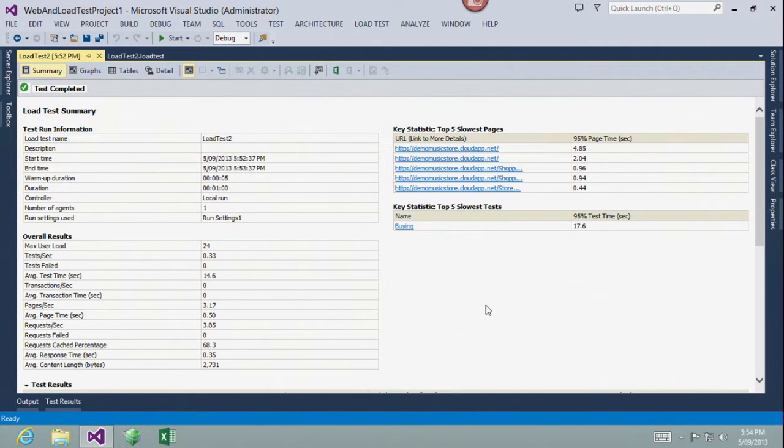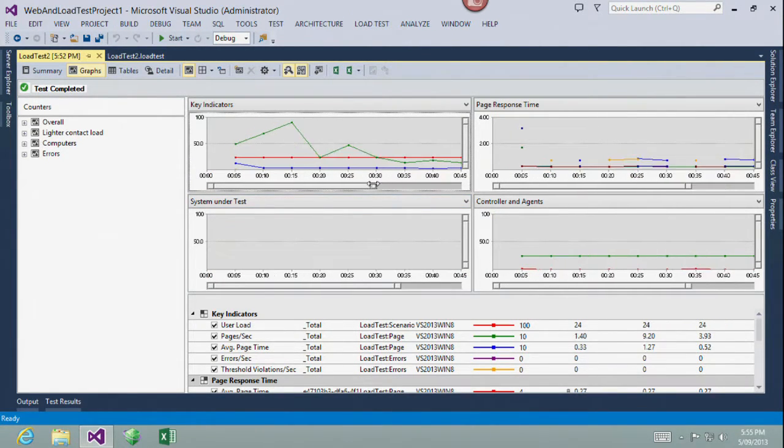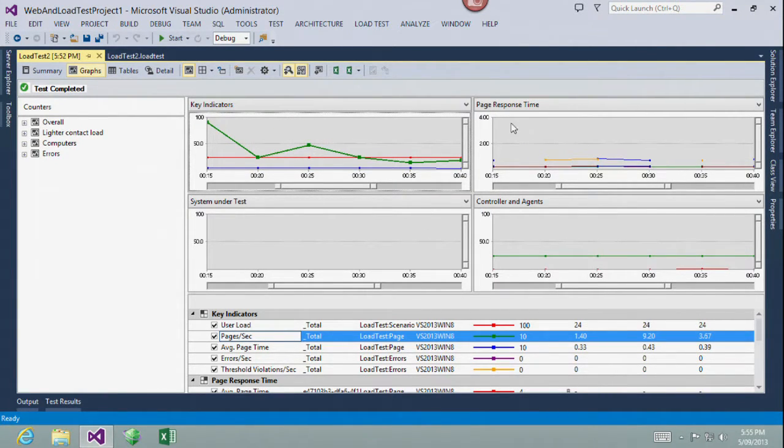Okay, so it's gone and done this collection of information for us. It can identify our fastest, our slowest pages. It can give us a hit list of where we need to go and look at improving. There's just not a lot going on there that makes that data overly interesting for us on this occasion. But I can switch up here and have a look at the graphs. I can do a consolidated zoom. What was happening around about here? And these other graphs showing my page response times, showing what's happening on the controller and agent, also zoom in at the same time. So that's all well and good.